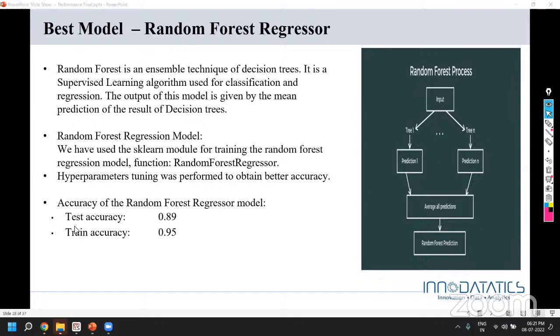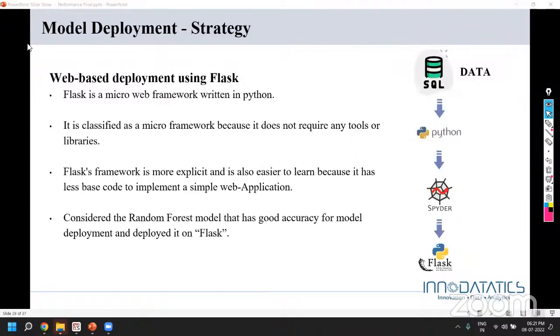The difference between train accuracy and test accuracy for the random forest regressor model was less. So we used random forest regressor, and finally deployed the model using a Flask application.